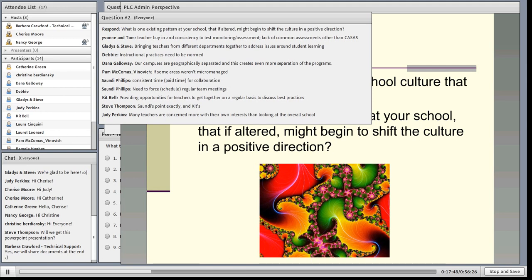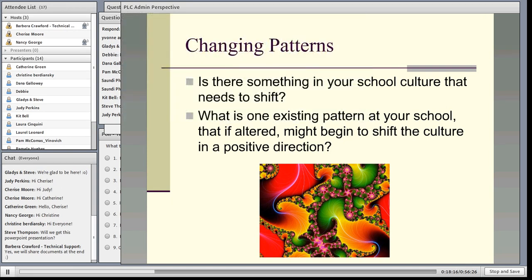And getting everybody on board with that overall school picture, that's huge. And for us, doing the strategic planning and having so many people involved with that was the beginning of what got us moving in the direction of pulling people out of their own worlds and really beginning to look at the overall school picture. But additionally, as we moved into our PLC structure, we were able to do a lot more of that. So thank you very much for those great responses. Just to share briefly with you some of the patterns that we worked on and changed.